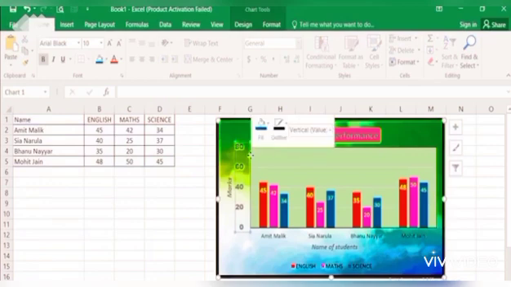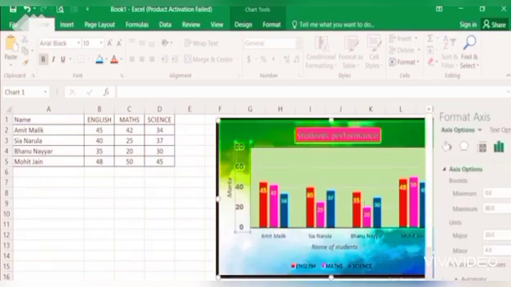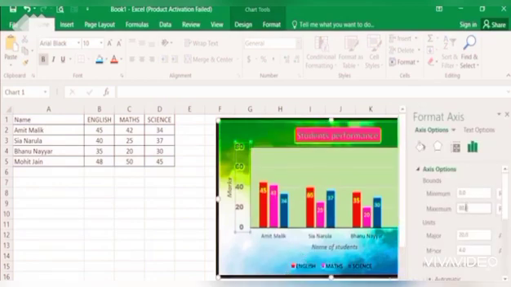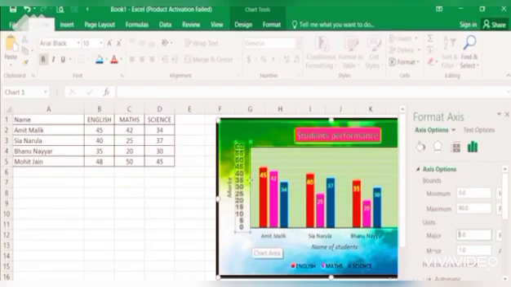Again, click on the value y-axis and click again on format. Suppose let's change it to, I make it 60 again, and the difference between the units, here it is taking 10 units, suppose I want to make it let's say 5 units. So what will happen? See, it is taking the difference of 5, 0, 5, 10, 15, 20. This way you can change the values of a value